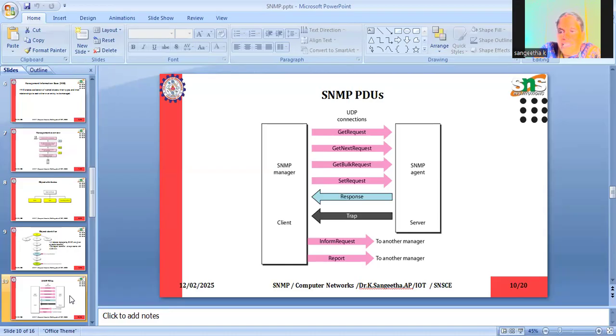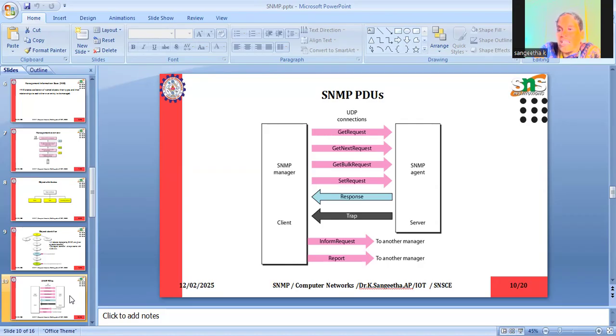Then the SNMP packet data units go between the SNMP manager and the SNMP agent. The manager sends a GET request or GET next request, or may ask for a bulk request. The response comes from the agent as a response message, or for control purposes it also transmits a trap message. The SNMP manager can also send information or request messages to another SNMP agent.